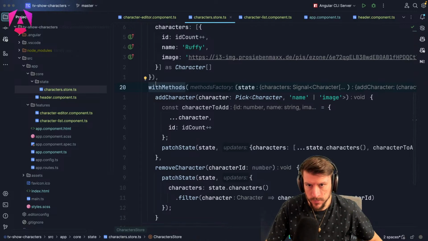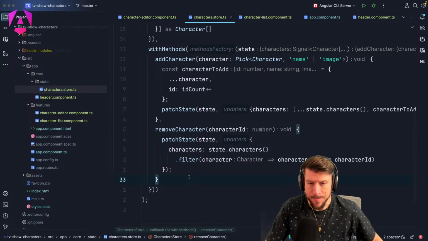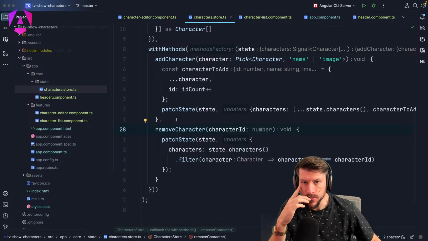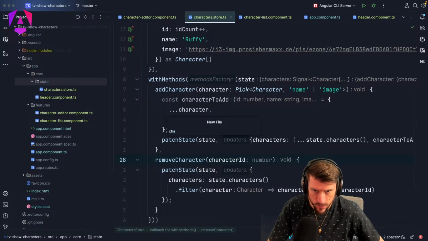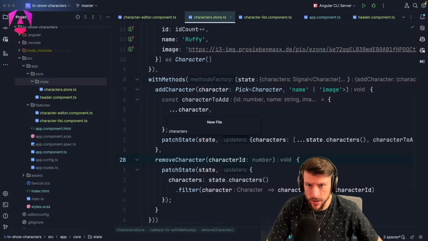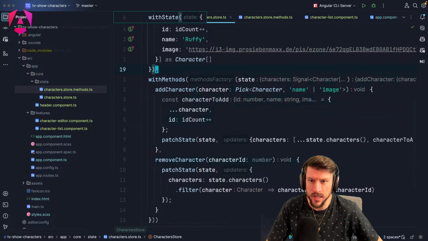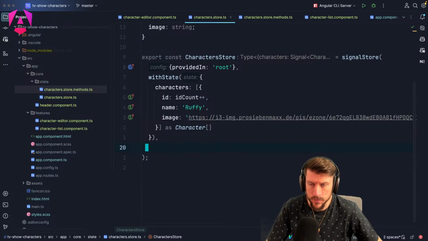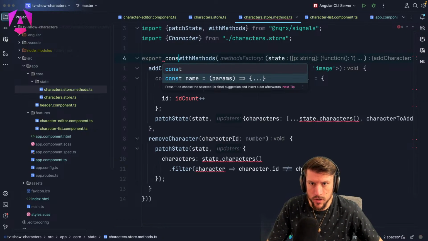I mean, can we also extract this out? Like, can we say we have a new file, characters.store.methods? I don't know what the best practice here is, but I guess we could take that out and say export const